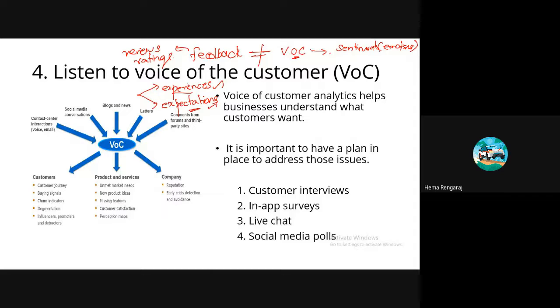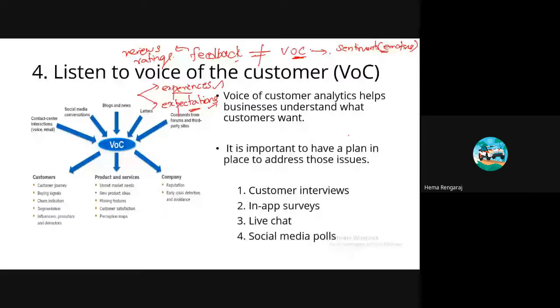So it is the actual emotion of the customer at that particular time. We can know what your customer actually thinks of your product. We can come up with the actual emotion of your brand. So feedback and voice of the customer are not equal. Okay, so what role does the voice of the customer play in sentimental analysis?